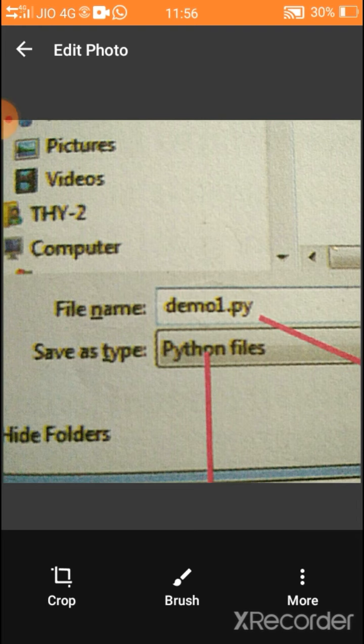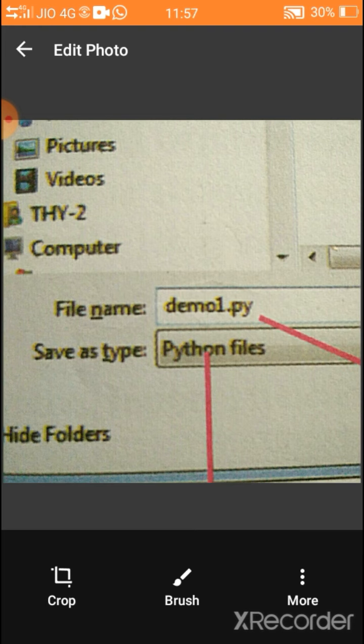After we type the code on the screen, we have to save the program. Under the File menu we have the Save option. Click it. After that the Save As dialog box will appear. This is the Save As dialog box. Here we have to give the file name with extension, that is .py.